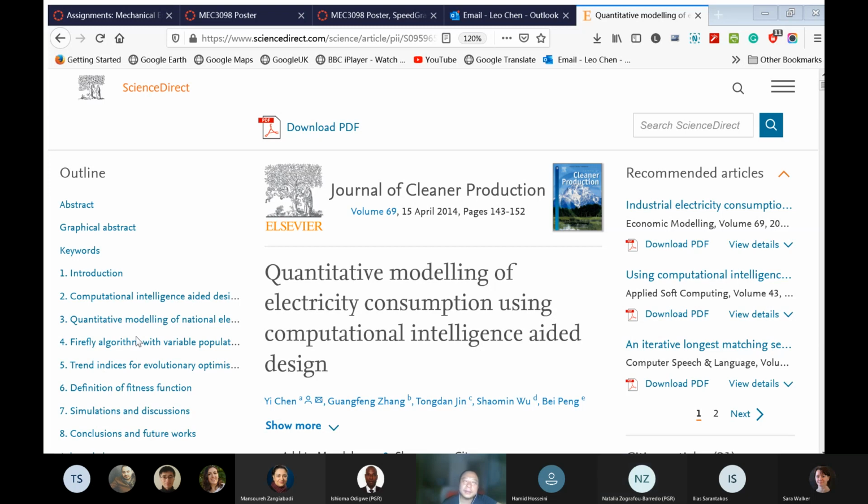But if you want to publish an academic research paper, maybe the reviewer likes to see how many objectives your algorithm can handle. Right, at the research level. Okay, thanks, Leo.